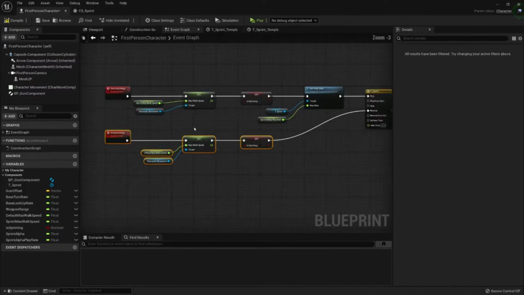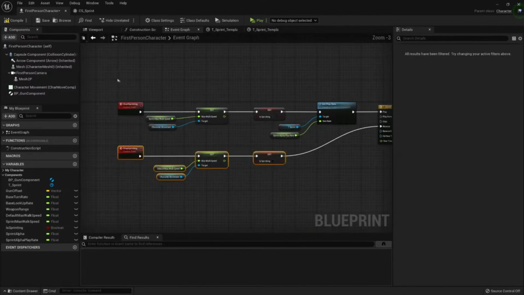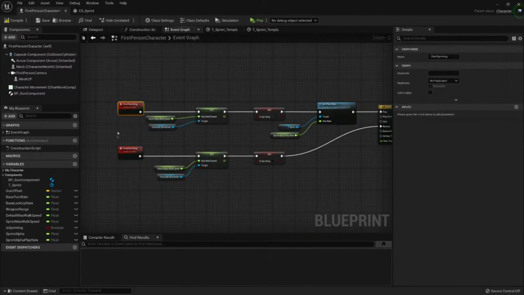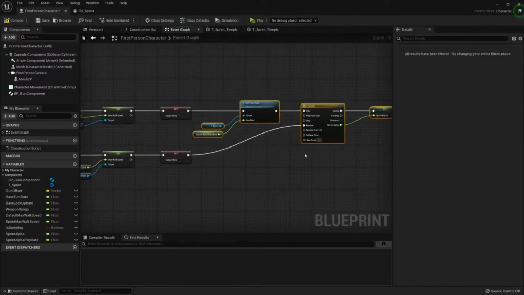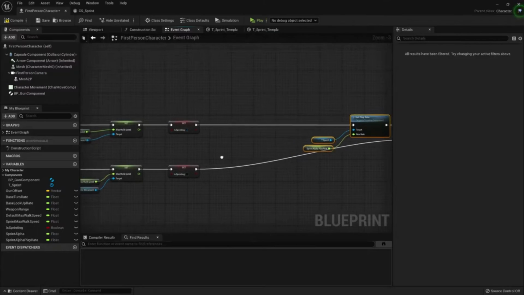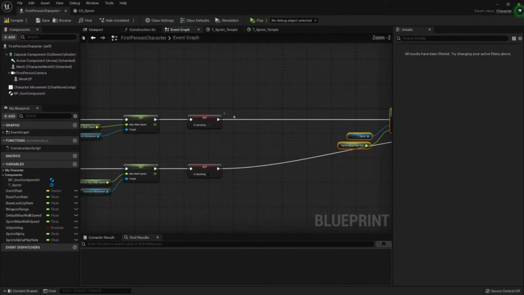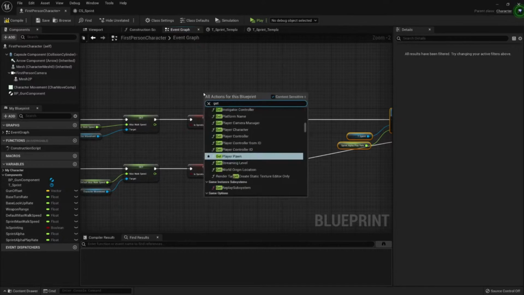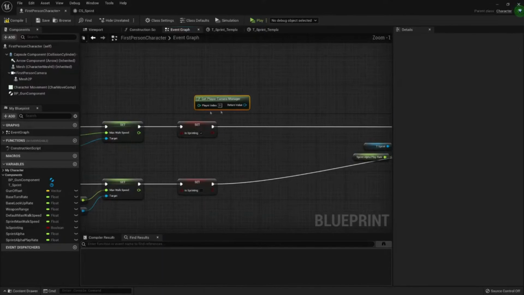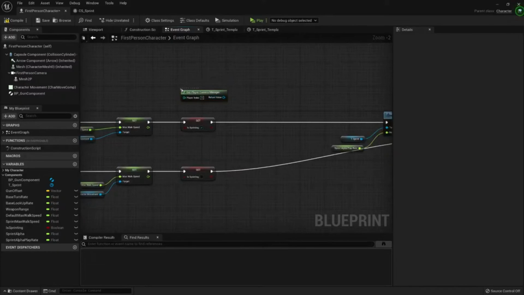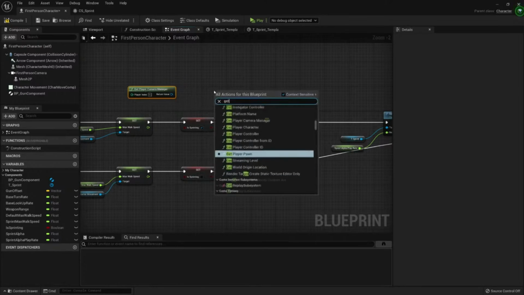So first person character we have here. We want to start shaking the camera whenever we start sprinting, and we need to stop shaking it whenever we stop. So this would be a good time to start shaking the camera. To add camera shake, you just need to right click and get the camera manager. Get player camera manager. You can get it like this. Get player index, or if you'd like, you can also get it like this. Get controller,